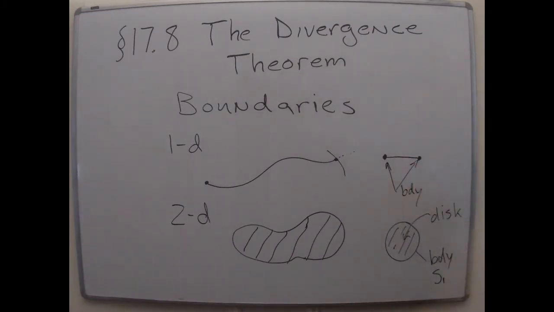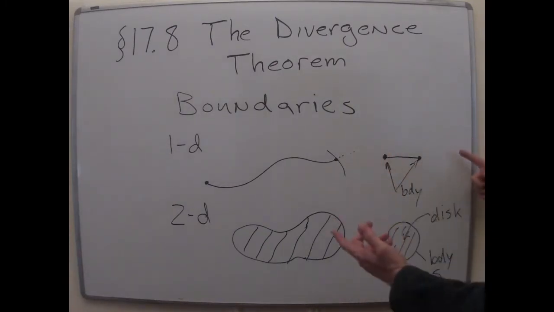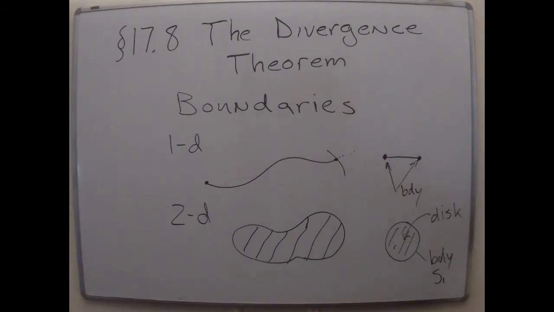And this is something to start paying attention to: the dimensionality of the thing versus the dimensionality of its boundary. The thing here is 1-dimensional. The boundary is a pair of points. Points are 0-dimensional. Here the ice rink is 2-dimensional. The boundary, though, is this interface between the ice and the ground outside, and that's a 1-dimensional thing. It goes around in a circle, but still any piece of it looks like a little bit of a line.